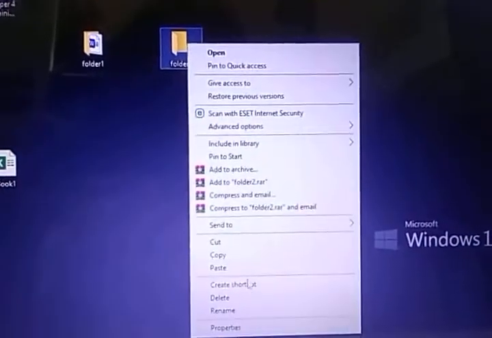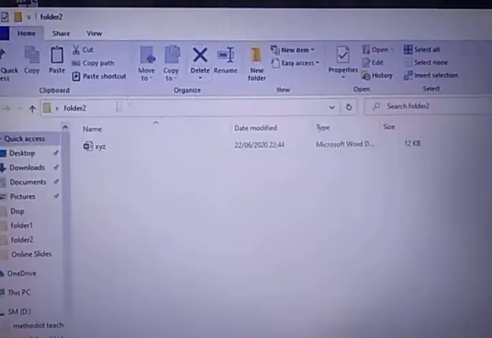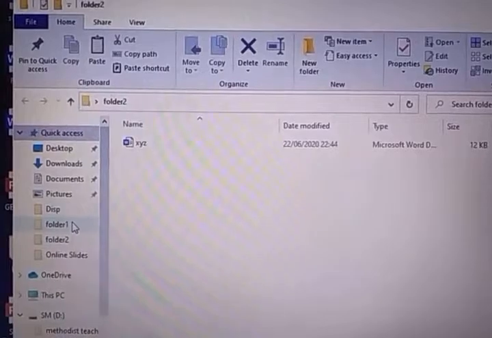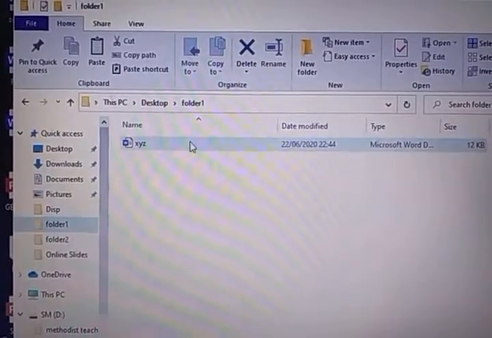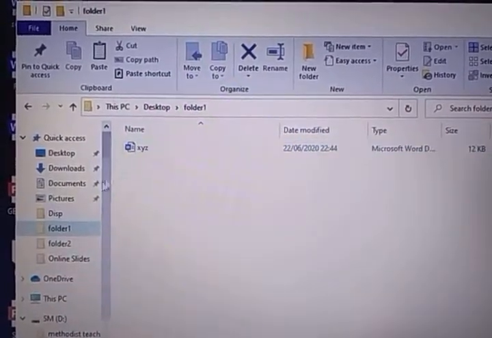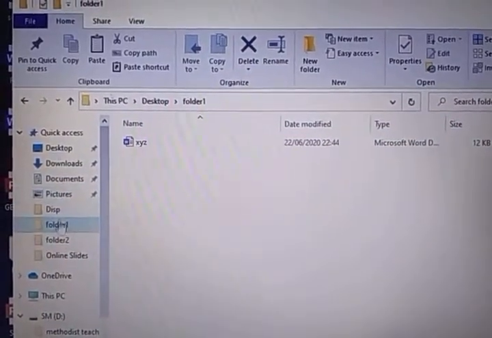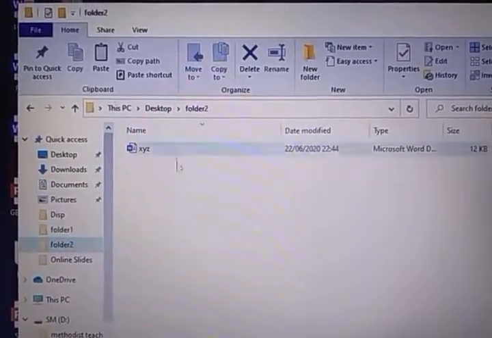Now right click on folder 2 and click on the paste option. Now see, inside folder 2 we have the file XYZ, and if you open folder 1, here also we have the file XYZ. So it has made a duplicate copy of the same file and placed it in both the folders.